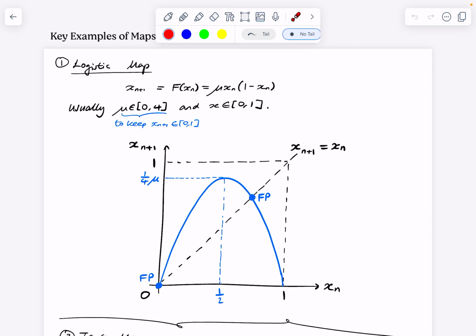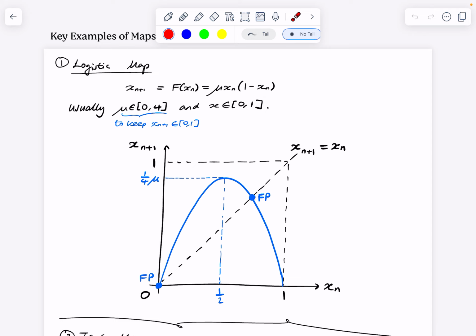So if we plot x_n against x_{n+1}, we're basically plotting the map f. And it looks like this. It's a parabola. And to find fixed points, we simply look at the values on this parabola where x_{n+1}, the next iterate, is equal to the previous iterate x_n. So we just look along the line x_{n+1} equals x_n, and we look at the intersections of this line with the map. In this case, we have the fixed point at 0, and we have another fixed point here,